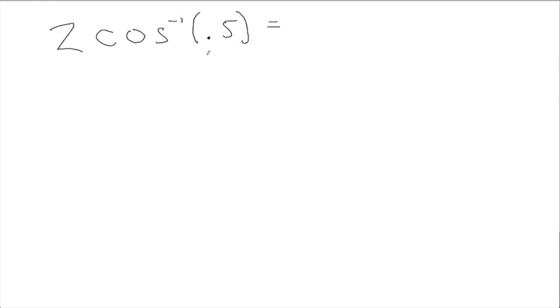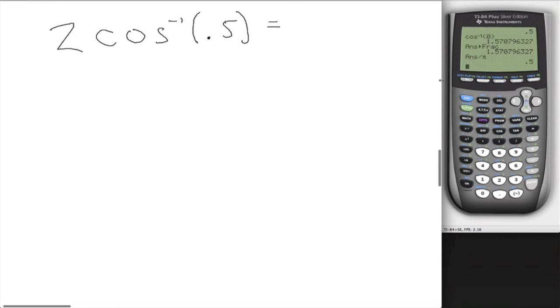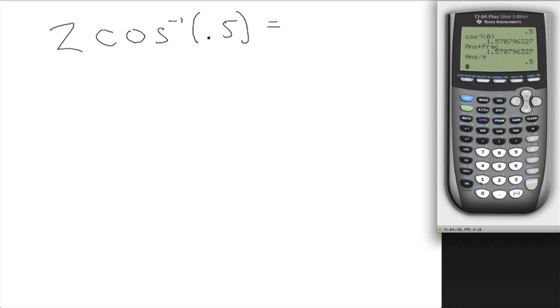All right, so talk me through how you would calculate this. Okay, so 2 inverse cosine of 0.5. I'm going to use my calculator. So put in 2 times inverse cosine 0.5 equals 2.0943. I'm going to divide that by pi. That gives me 0.666. So I'm going to set up an equation that's